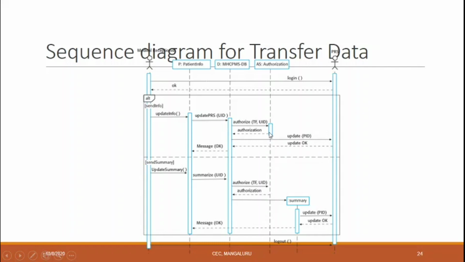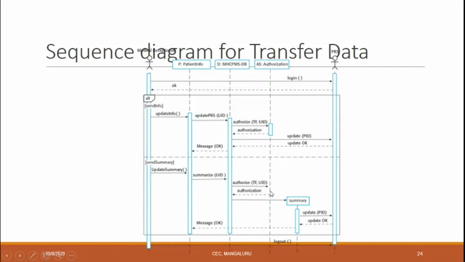So you can see the lifeline of the system, and you can add a summary of the object at the lower end of the authorization. You can update the summary and you can view the record once again. If the update is okay in the PRS, then it sends a message to the patient information: yes, the message is updated.